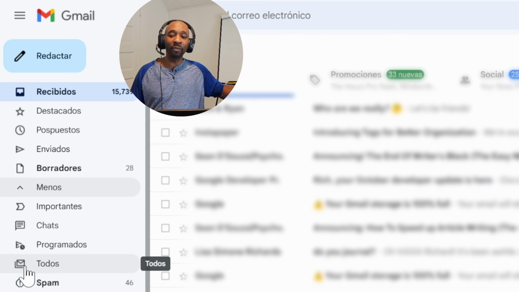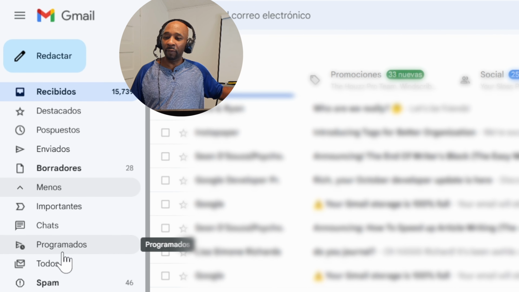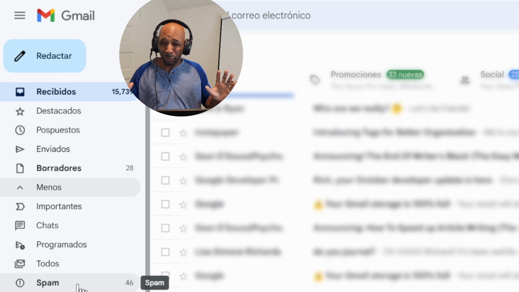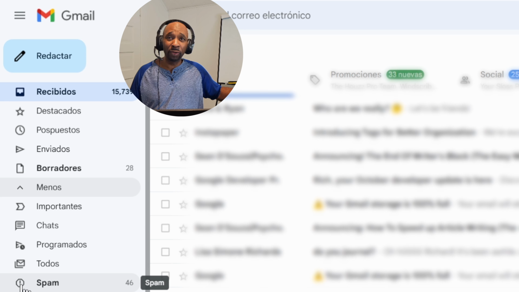Then we have under there totals. Totals. What do you think that means? We got this double envelope. Totals. Yeah, that means total. All of your emails. Then a familiar yet evil word we see right there is spam. Otherwise known in English as spam. Yep, stuff you don't want. Spam, junk. Okay? And you can tell by that exclamation mark too that it's something to beware of. You don't want it. Warning.